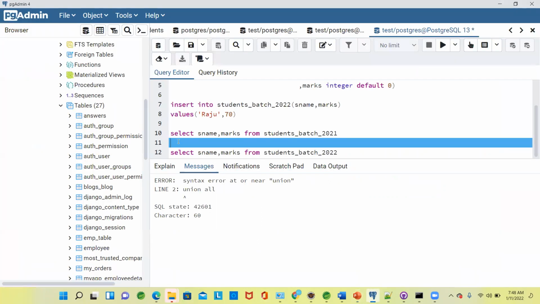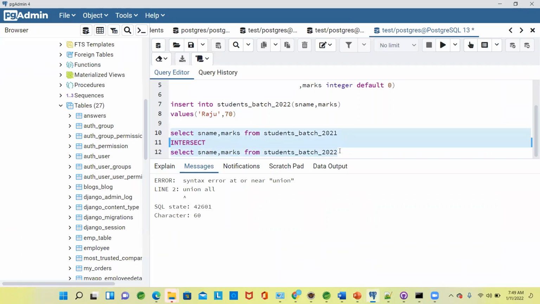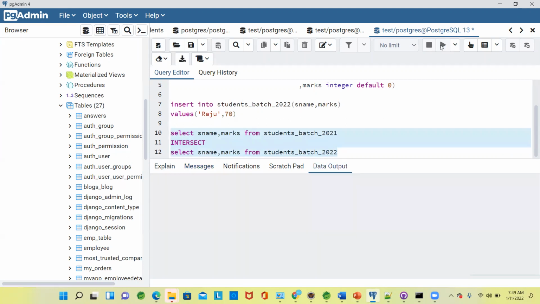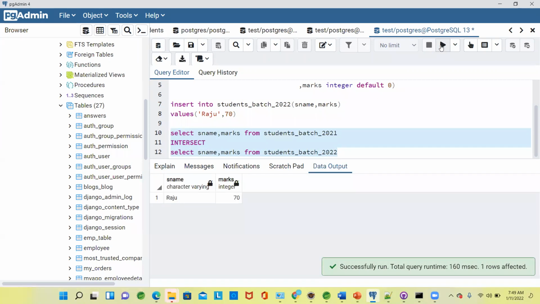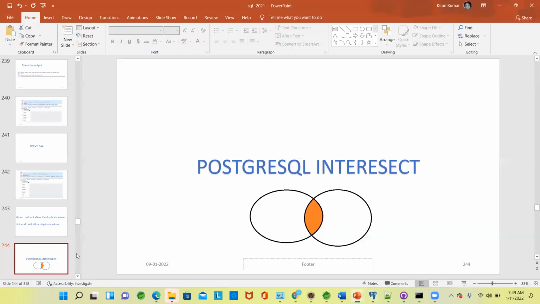So we'll say intersect. Now I want to find out, if any two tables are there, a matching data. So is any matching data there or not? Yes. Raju. Clear? Raju is one. And once again,